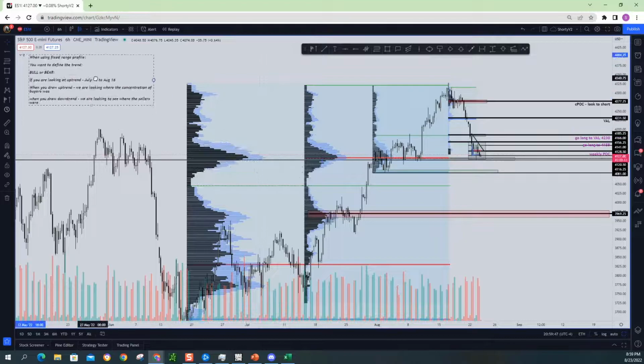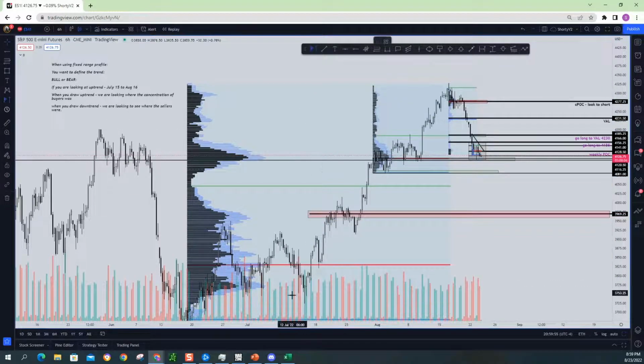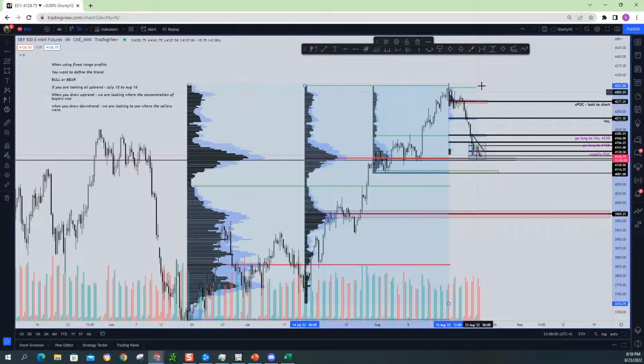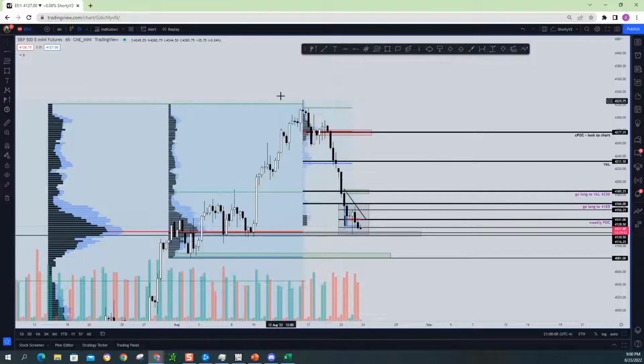I'll take a screenshot of this. So it doesn't matter if I grab high to low or low to high, I'm grabbing an uptrend, right? Whatever you call it, you're grabbing from low to high because I'm trying to see the trend up. Here the trend up is just a trend up. If I'm trying to see what sellers were on this little pullback,